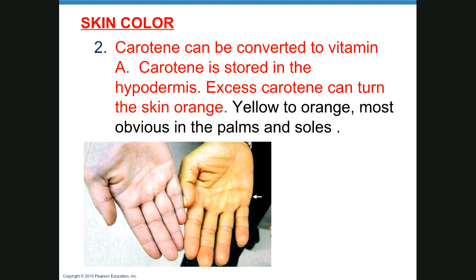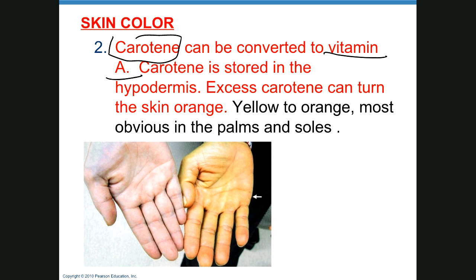So aside from melanin, other factors that could affect skin color would be things, for example, like carotene. And carotene is the storage form of vitamin A. So if you think of carrots, carrots are loaded with vitamin A. Actually, they're loaded with carotene, which could be made into vitamin A. So carotene is a orangey reddish kind of vitamin, and it is a fat soluble vitamin, which is stored